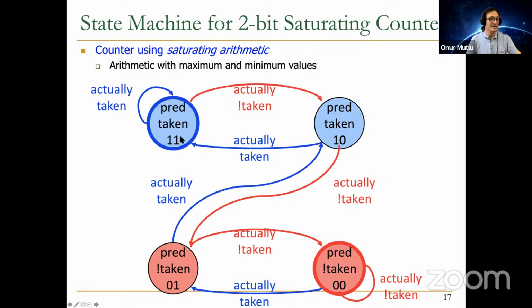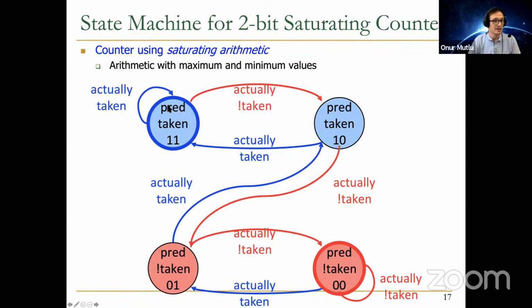Okay, basically, that's a case where hysteresis worked. We're predicting the branch taken. The branch is actually not taken. In the next instance, we're still predicting the branch taken because we have hysteresis like this, and the branch is actually taken. So we did the right thing in the next instance. So we go back to strongly taken again. So the only case where we change the prediction is when we see two consecutive outcomes that oppose the prediction